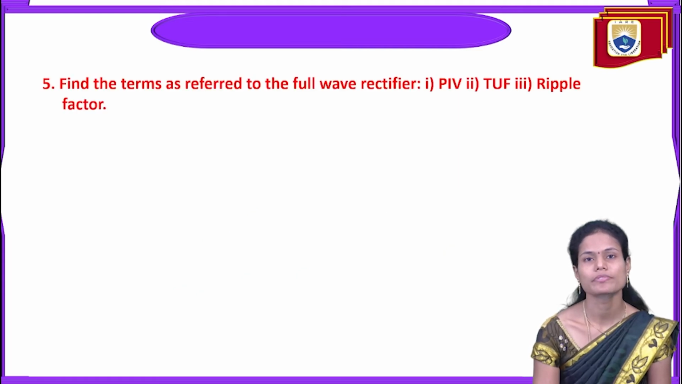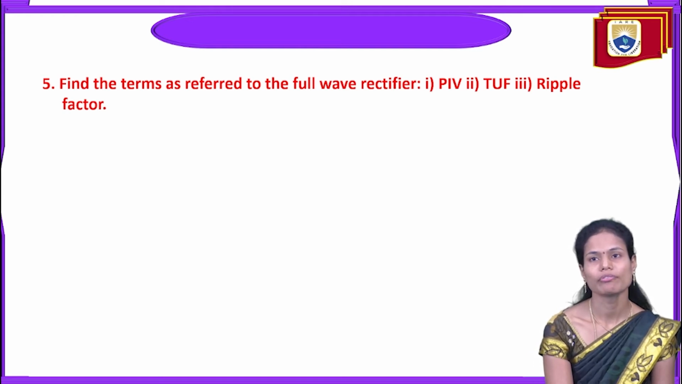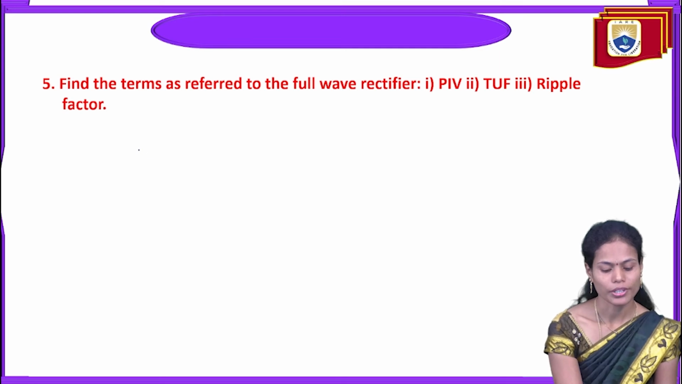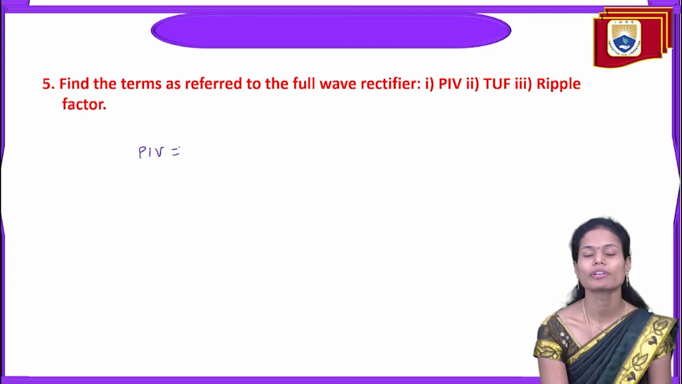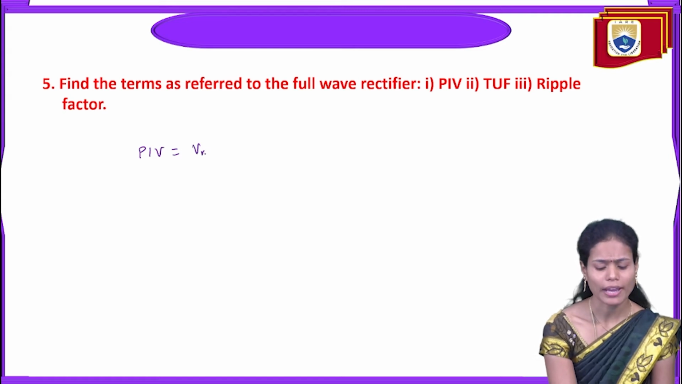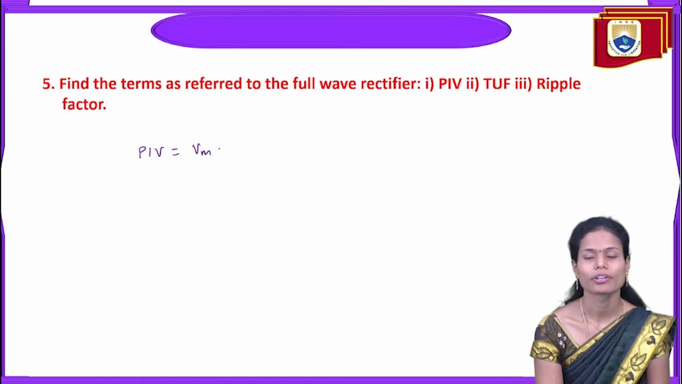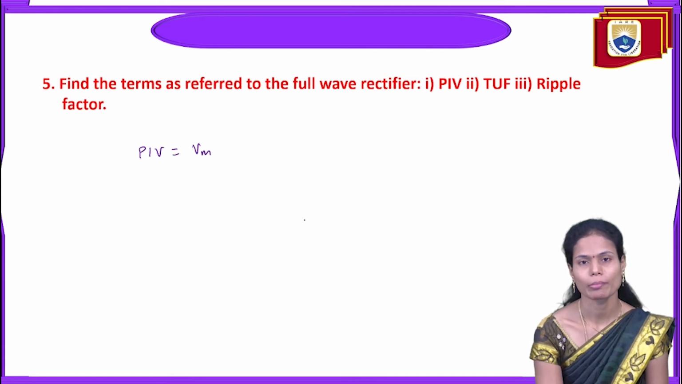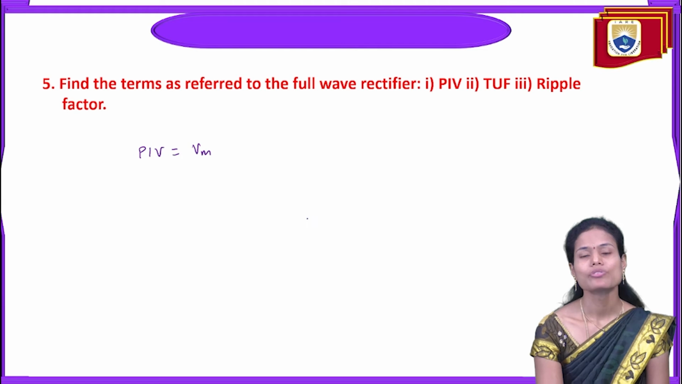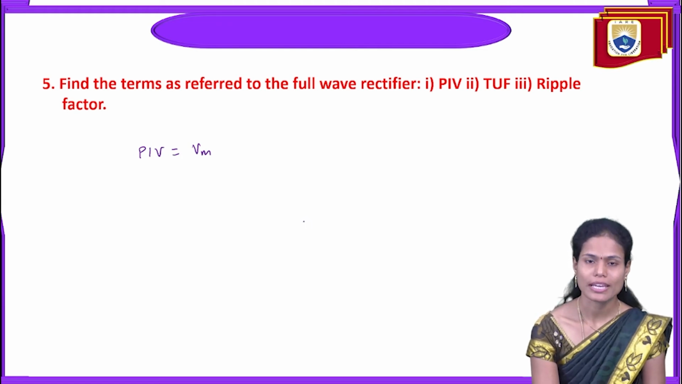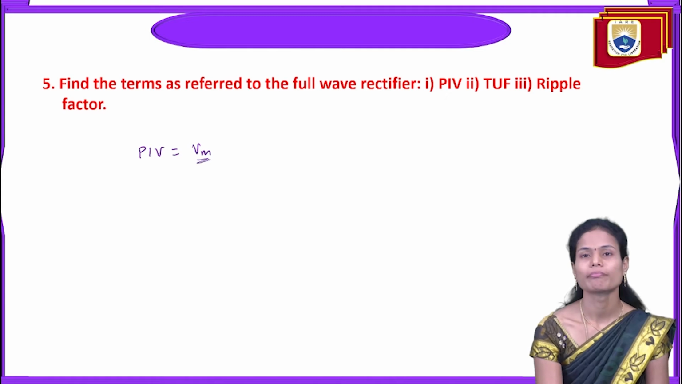And next, find the terms as referred to the full wave rectifier, that is peak inverse voltage, transformer utilization factor and the ripple factor here. So in the case of a full wave rectifier, the peak inverse voltage is the maximum voltage that we are providing for the diode. Why? Because in the case of full wave rectifier, at a time only one diode is in the active condition or forward bias and one more diode is in the reverse bias condition. So the voltage existing across the reverse bias diode is the maximum voltage,